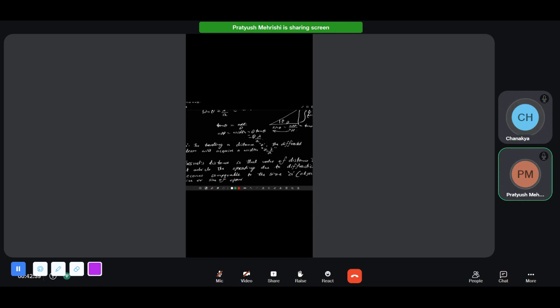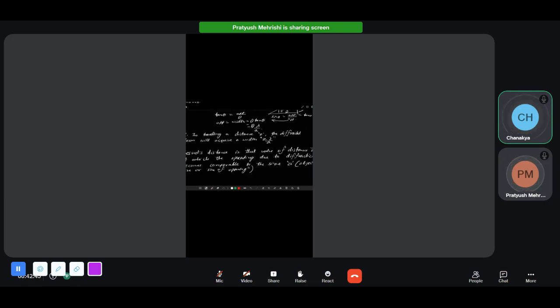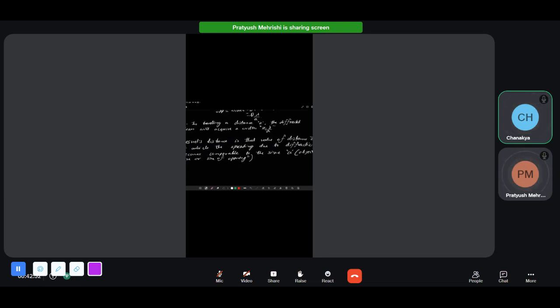Size of opening. Okay. It means what? It means we can approximately equate the spreading with